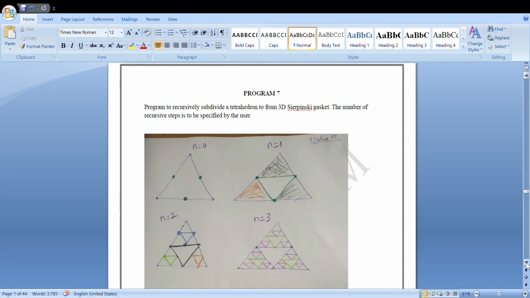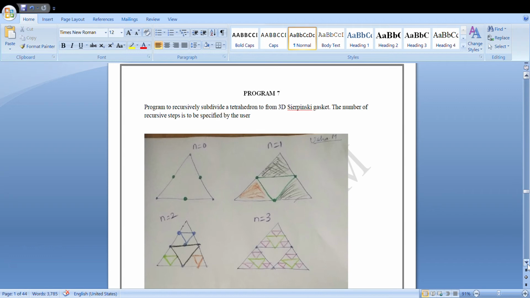So now we'll see what exactly. What I've drawn here is just to understand how a Sierpinski gasket looks. First, we always start with a triangle and we divide the triangle. If you see here, when n is equal to 0, there's a triangle. For this triangle, we have taken the midpoint of all the edges. For the three edges, we first calculate the midpoint and then we connect those midpoints, which will again form